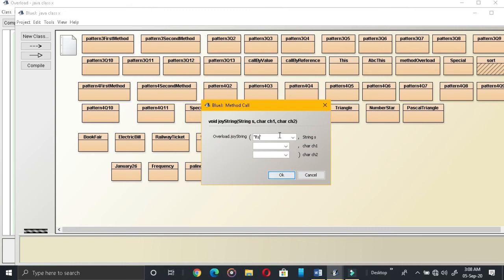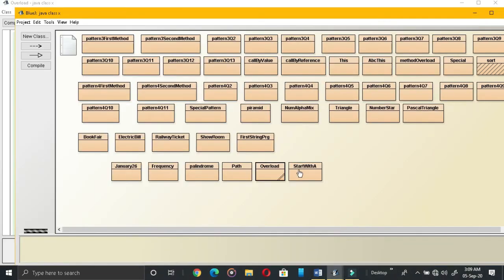L F S L F S. Now this S has to be replaced. This is a character, so it needs to be given in single quotes. Then all S will be replaced with O. So that also I am giving in quotes. Now see, this is the output.